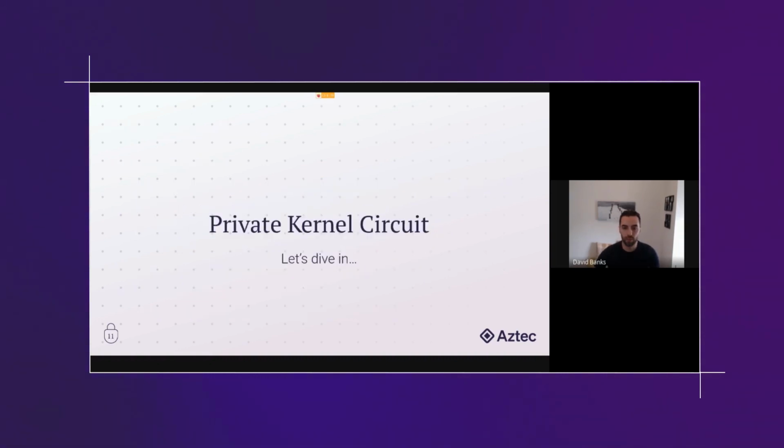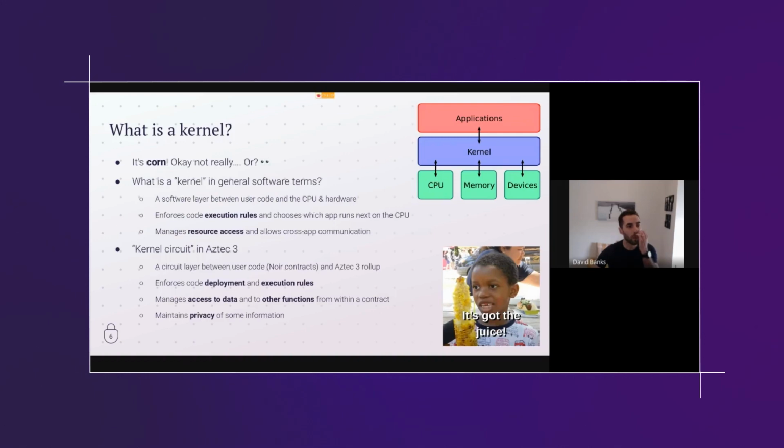So the actual kernel circuit, let's dive in. What is a kernel? It's corn. Not really. But anyway, in general software terms, a kernel is a software layer between user code and the CPU and hardware. So it's a piece of code that essentially enforces execution rules and chooses which apps can actually run on the CPU. It manages resource access and allows cross-app communication, and it honestly does a whole lot more,